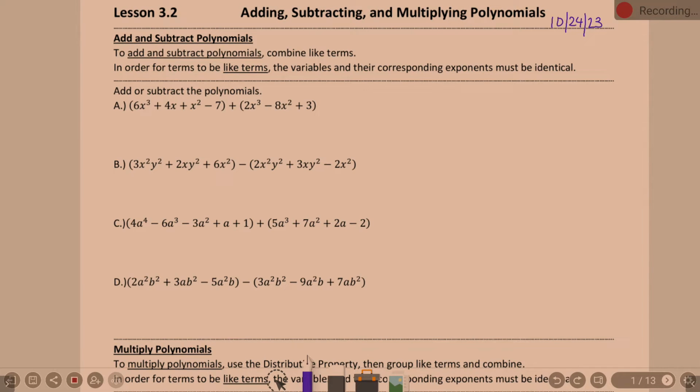Lesson 3.2 is adding, subtracting, and multiplying polynomials. All review. All stuff you've done, all stuff you know how to do. We just need to go through and review. Okay, so